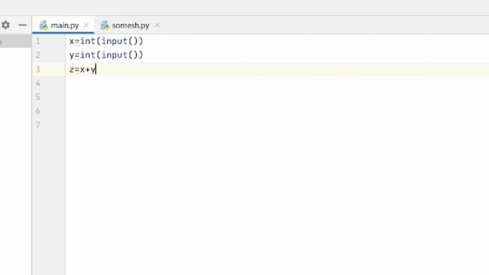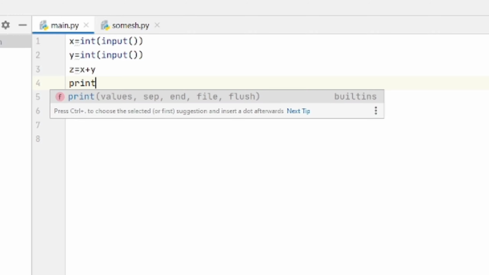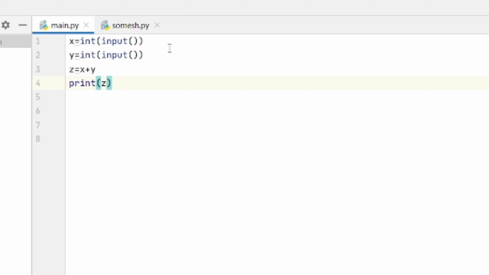And I want to print the value of the sum of the two numbers at the last. This is the program for the sum of two numbers.